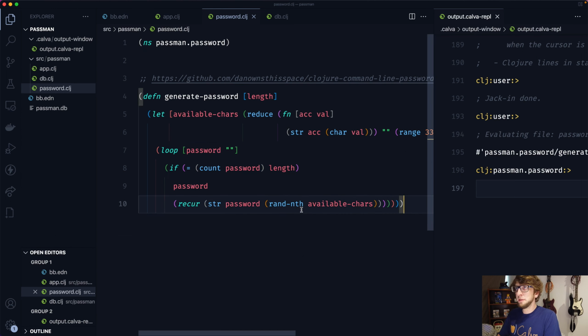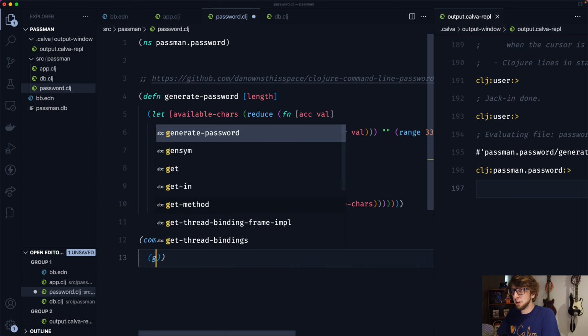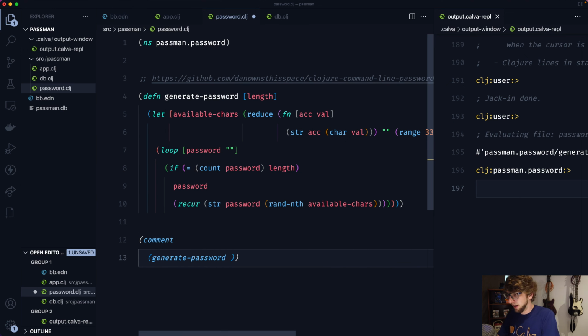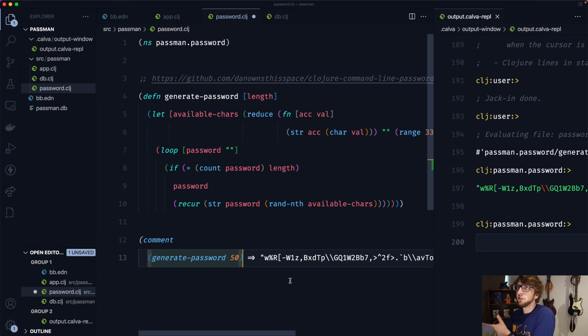And now we should be able to comment. And if we go generate password and provide it a length, let's provide it a length of 50, we get a password of 50 characters long. Cool, so we'll use this to generate our password. So if we go back to